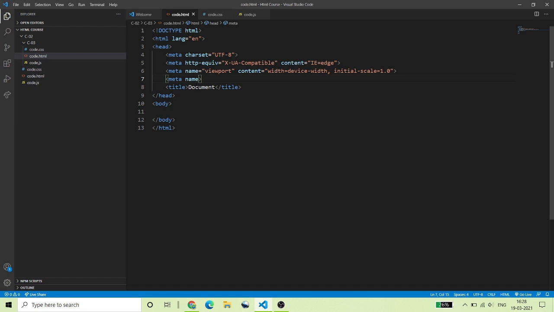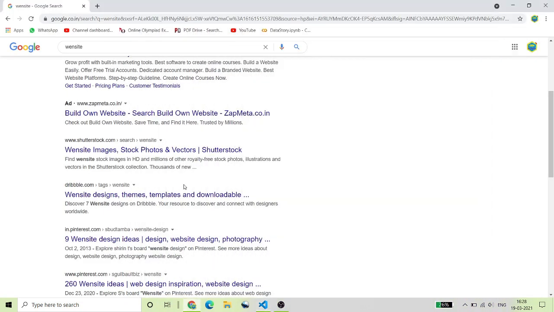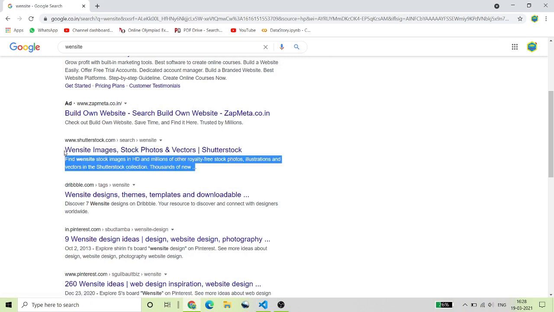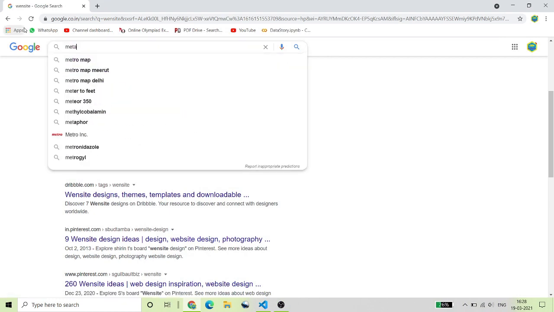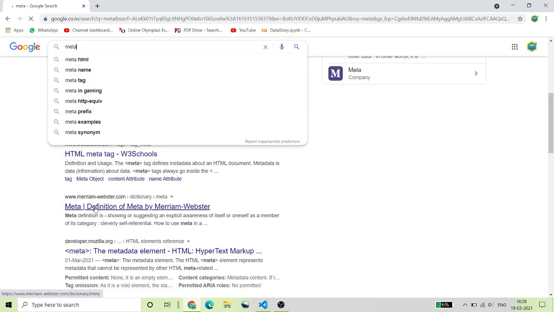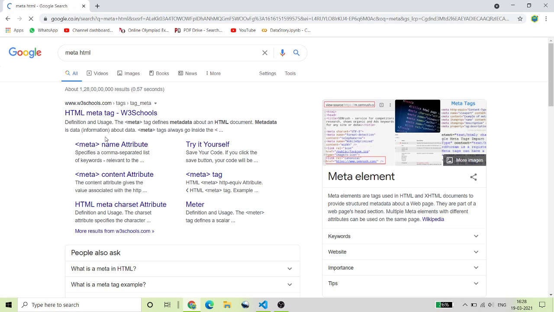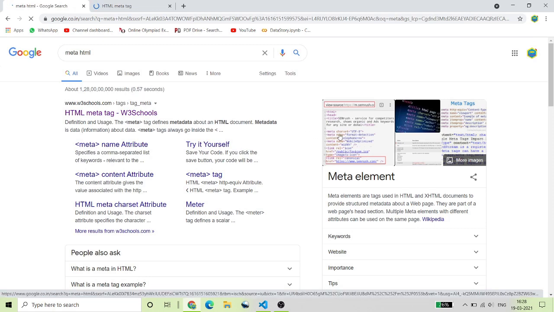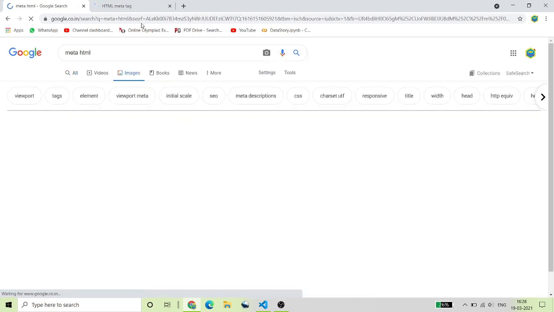First of all, I want a description for the website I'm creating. The description is inserted in a meta tag. If I search meta HTML and open this, you can see this page is using many meta tags for rating itself.